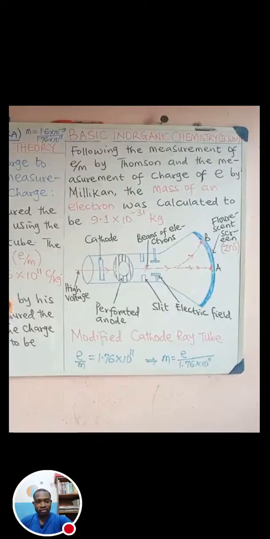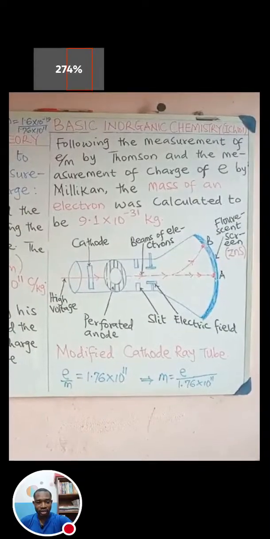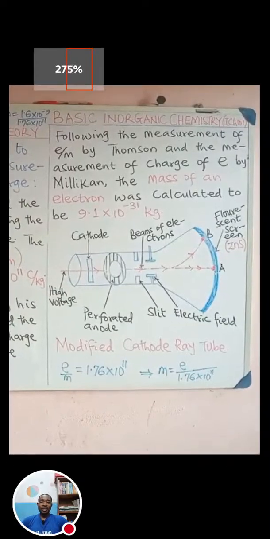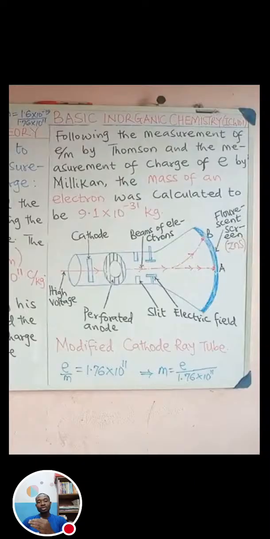You can see the modified cathode ray tube showing on the screen. It is not the simple discharge tube we saw, which J.J. Thomson used in discovering the electron and the proton. That was just a simple discharge tube. In measuring the charge to mass ratio, he made use of the modified cathode ray tube. And then